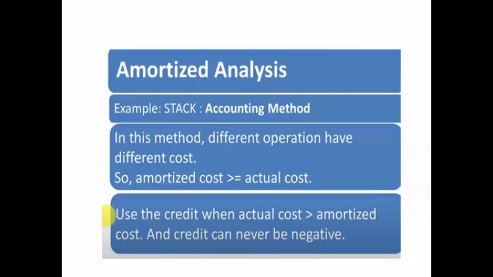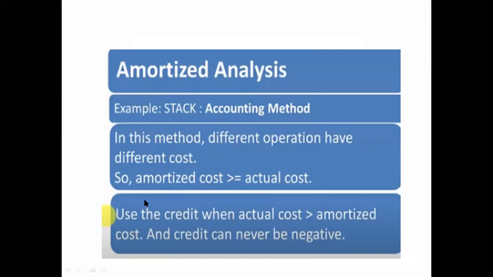Here we are giving some cost to each individual operation, such that the sum of the payments for the operations performed is always an amortized cost greater than or equal to the actual cost. In this method, different operations use different cost values, and we check that the amortized cost is greater than or equal to the actual cost. The actual cost is the general cost of the algorithm. Amortized cost I will explain in the next slides.